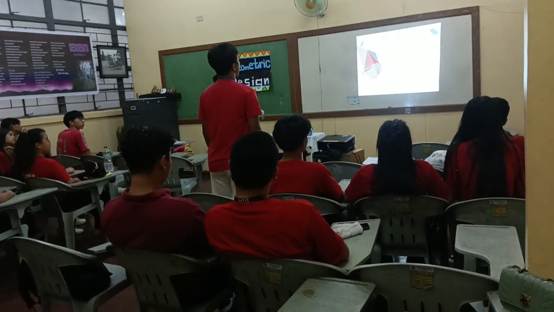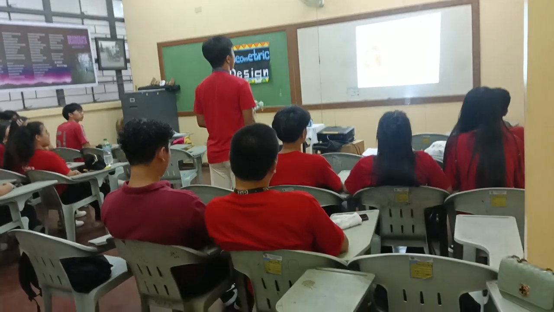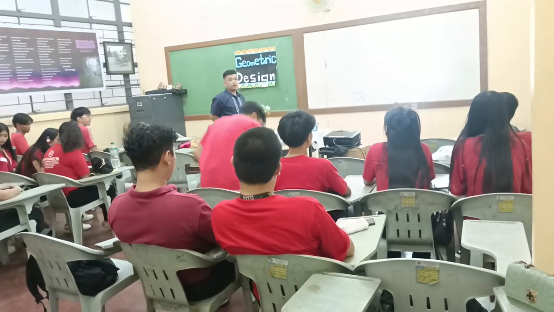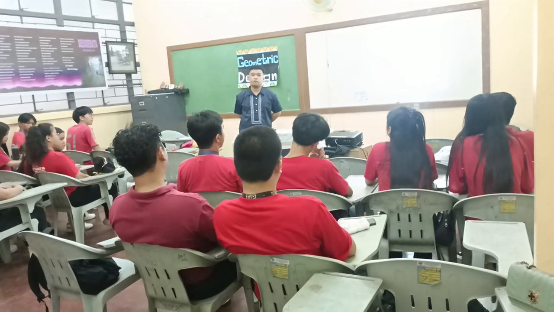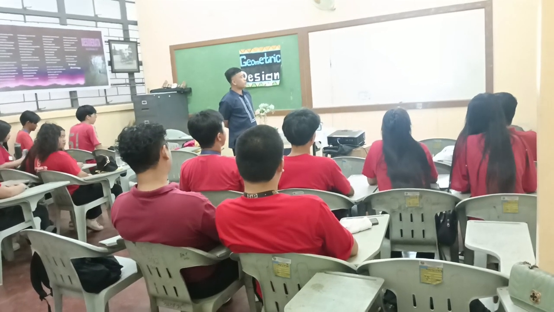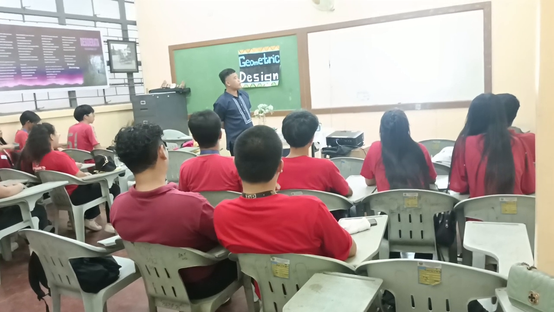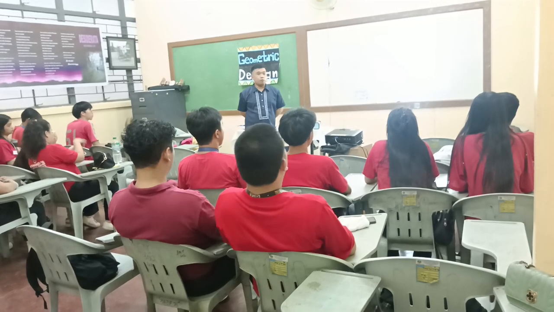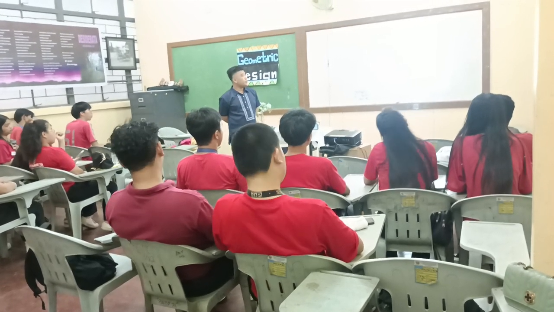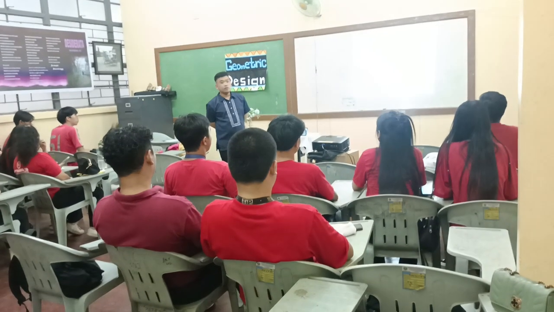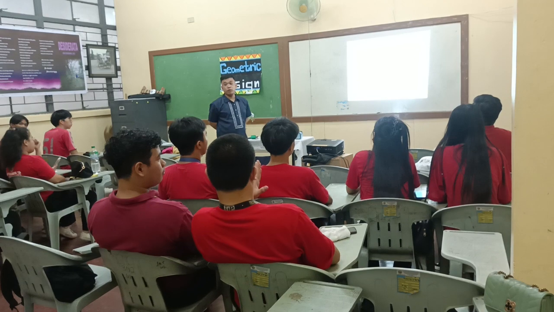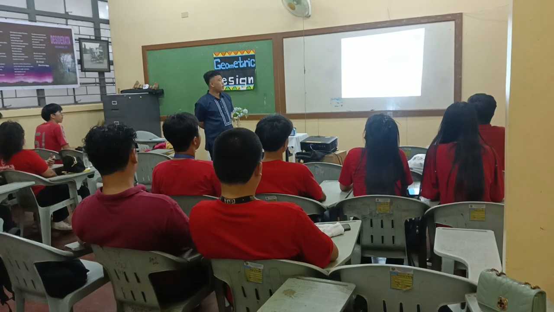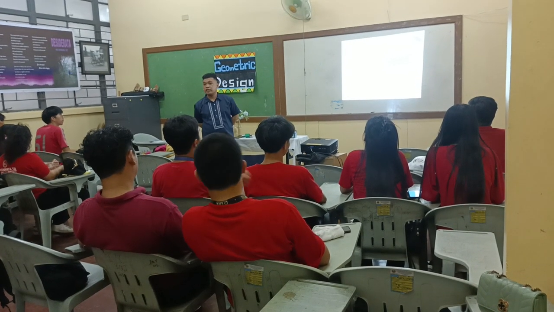Instructions: make a group and create a symmetric and asymmetric design using table napkin, block skirting, and art materials for centerpiece. Are the instructions clear, class? Yes. So, it is something big. We are going to do a table napkin, block skirting, and a centerpiece. For your activity, I will be assigning the groups. Group 1 has symmetric and asymmetric table napkin. Group 2 has symmetric and asymmetric table skirting. And group 3 has symmetric and asymmetric centerpiece.